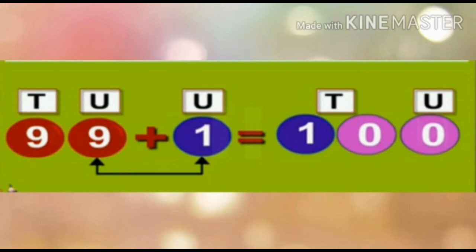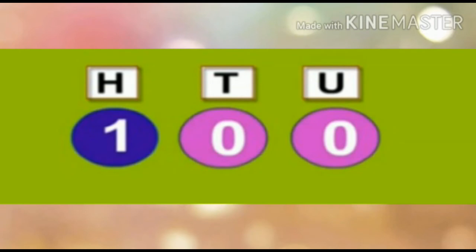Well, in the answer, under the unit place you have 0 and under the tens place you have 10 tens. You know what? The new place on the left in the 3-digit number 100 is the place of hundreds. 100 means 0 units, 0 tens and 1 hundred. 100 is a 3-digit number.